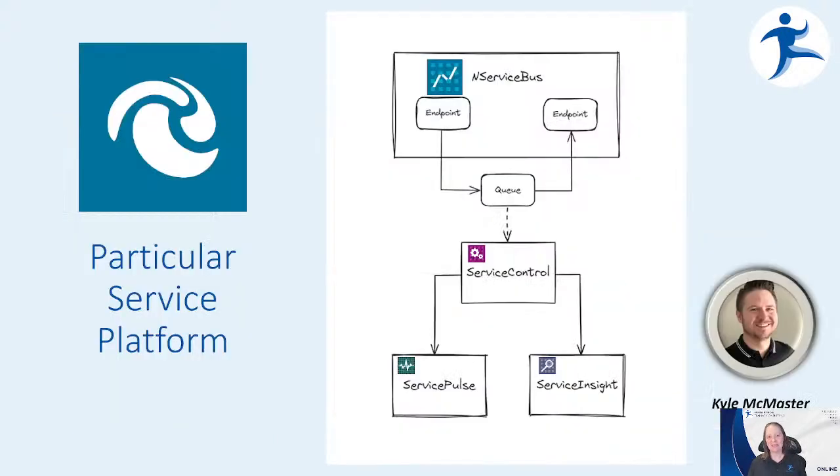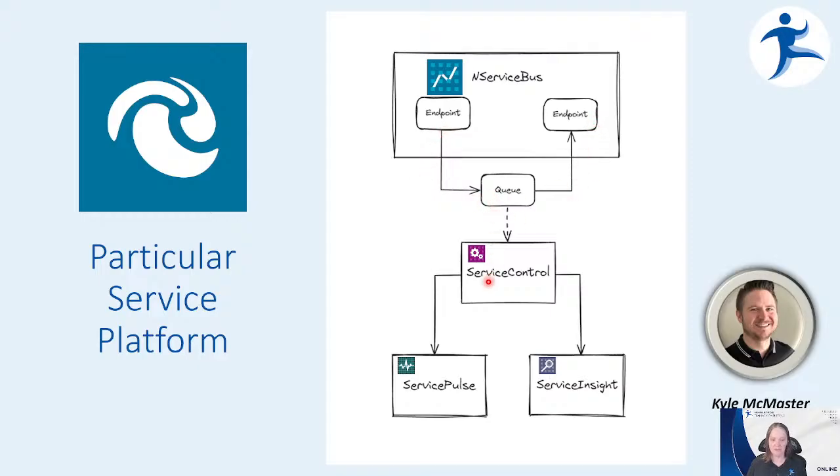But before we get into NServiceBus by itself, I want to make sure we get into the big picture. This is the platform. We have NServiceBus, where our endpoints are. This is where we have our messaging, like pub/sub or request and response, those kinds of patterns. You'll see those. Notice that we send a message to a queue. We could send a message to an endpoint.